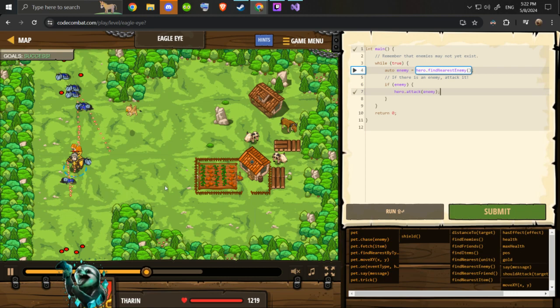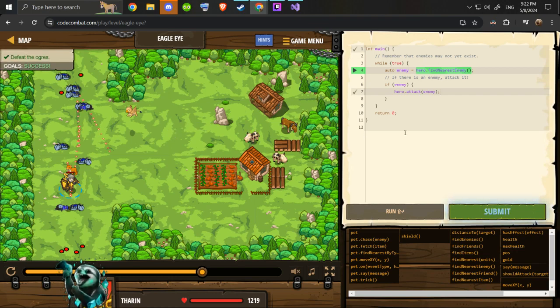Just gonna wait around a little bit more. The goal is to just defeat the ogres, but usually it's like clean code and everything. Normally I'd have to tell it to attack twice, but the weapon I have has more damage, and that's it. That's all it is. Little mini games like this for you to practice. I mean, of course, you're not using normal code; you're using their own definitions. But I find it a very fun way to practice